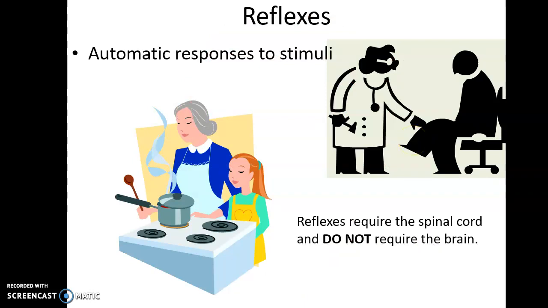Reflexes. Reflexes are automatic responses to stimuli. They do not require us to do any deep thinking about them. They happen automatically. Spinal reflexes do not even require the brain. They will cause the motion to happen even if the brain isn't connected to the spinal cord. So 2 examples: patellar reflex, when a doctor hits your patellar ligament of your knee, and also say you touch something hot. That's the